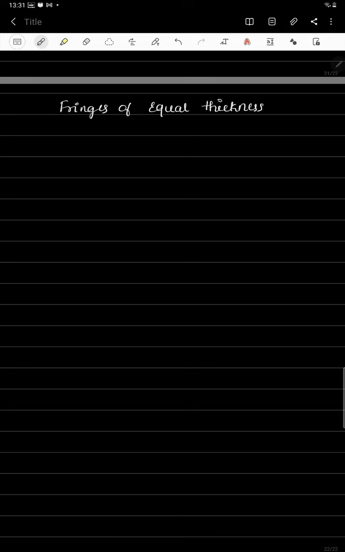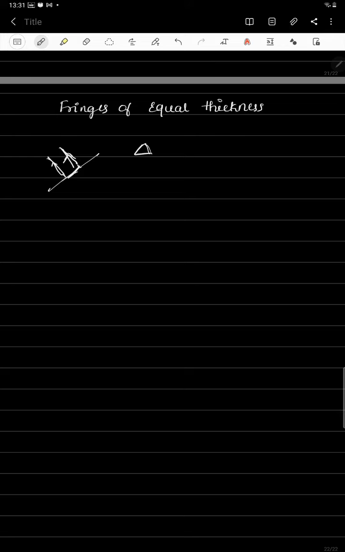So already in the last class I have discussed how Newton's rings are formed. Newton's rings are formed as a result of interference between the reflected light from the top and bottom surface of the thin air film, which is enclosed between the plano-convex lens and the plane glass plate. The occurrence of alternate bright and dark fringes depends on the optical path difference arising between the two reflected rays. So whether a bright fringe or a dark fringe occurs depends on that.